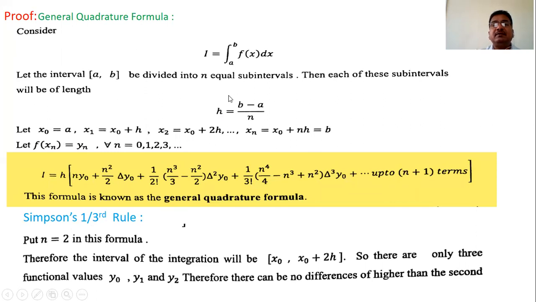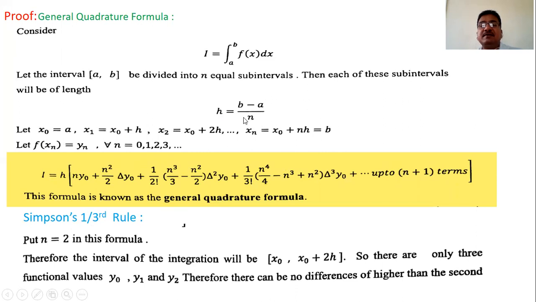If we take two intervals at a time, then one interval remains at the last. But if we take the sub intervals even in number, then what happens? Suppose we divide this interval into 10 sub intervals. If we take two at a time, 5 times, then we have the last two sub intervals. Two sub intervals remain at the last.